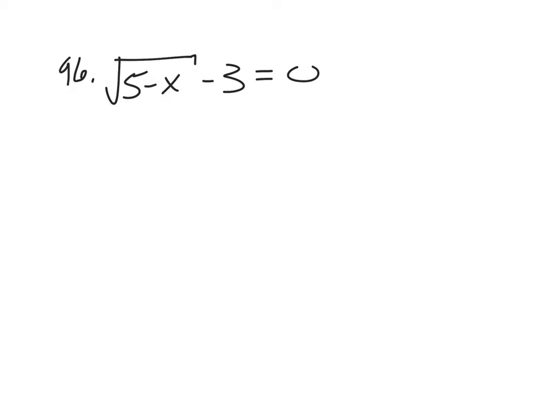Solving radical equations. It's radical if there's a square root in it. So here's the steps. I'm going to write them off to the side as I do them. So the first step is going to be, go away, add 3 to both sides. Okay, and so then we have the square root of 5 minus x